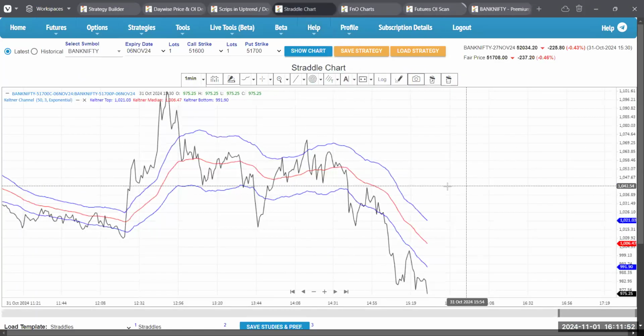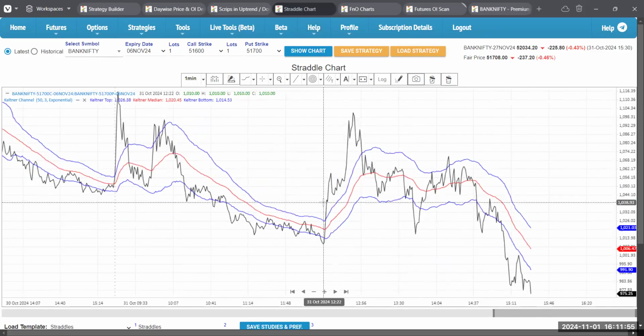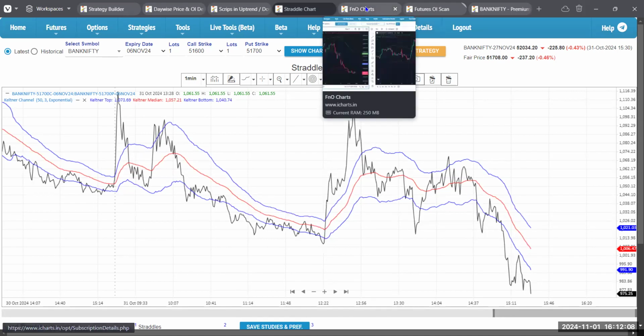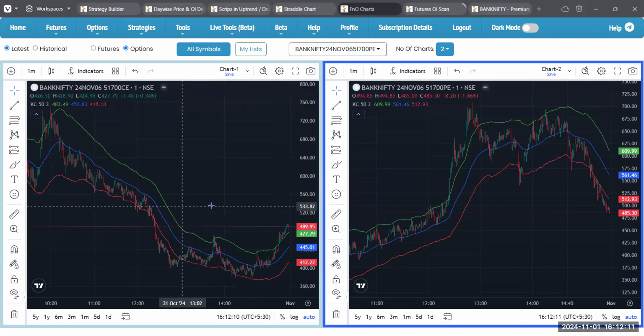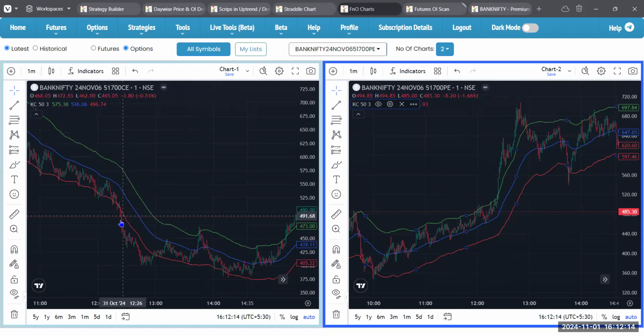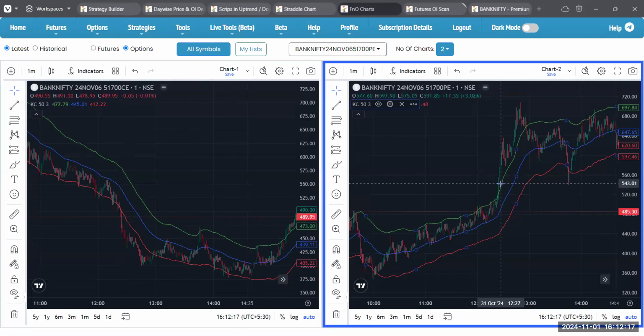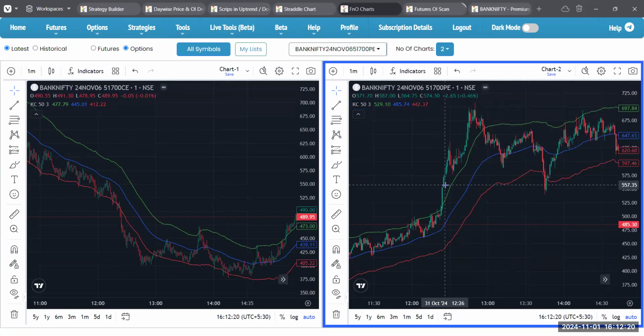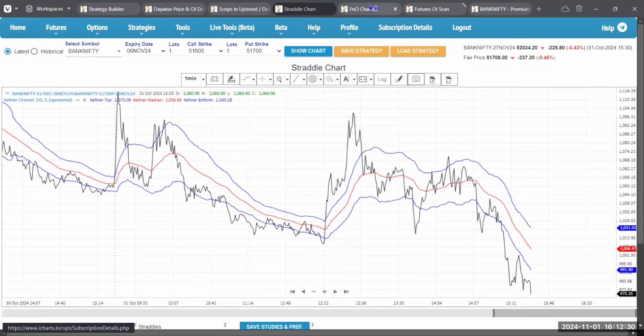अब ये जो स्ट्रैडल था, 51700 का है सर ये। ये एज एग्जांपल लेंगे, 31 अक्टूबर 12:26। 12:25 देखेंगे, अराउंड ये है, तो आपका कॉल पुट बाइंग यहाँ पे आएगा 12:26 पे। तो यहाँ पे स्ट्रॉन्ग सिग्नल है, ये कॉल भी गिर रहा है और ये भी गिर रहा है, तो आप स्ट्रैडल बाय कर सकते हैं या फिर इंडिविजुअली पुट भी बाय कर सकते हैं। तो 12:25 पे सिग्नल ये कंफर्मेशन के लिए यूज कर सकते हैं।